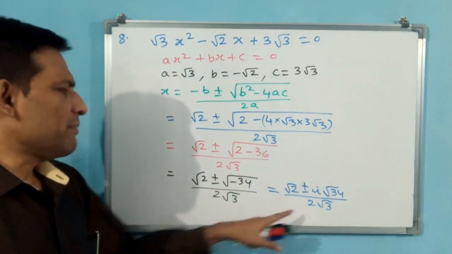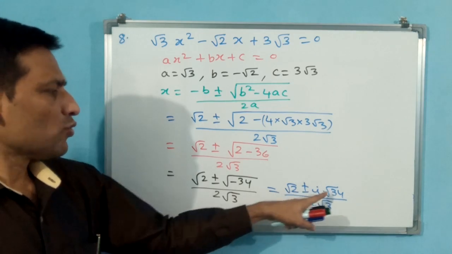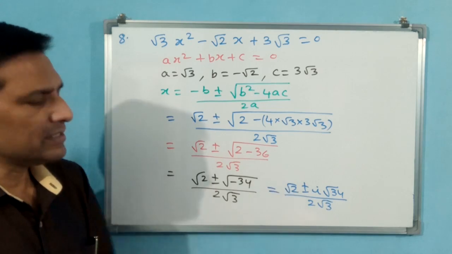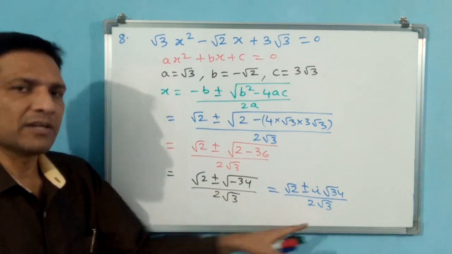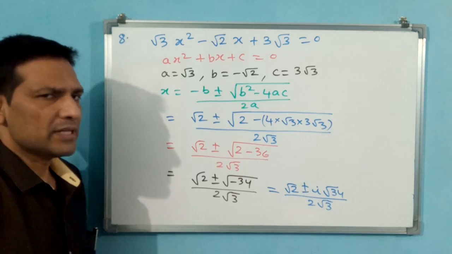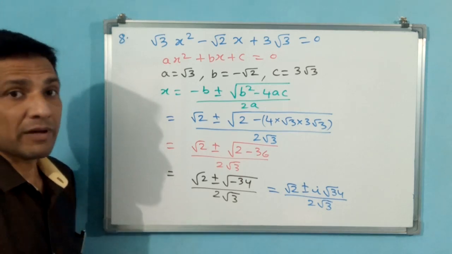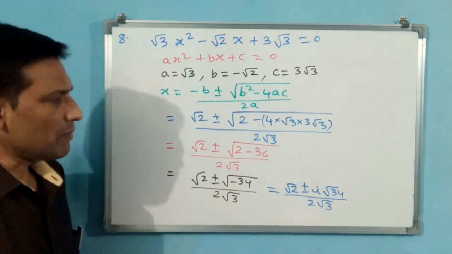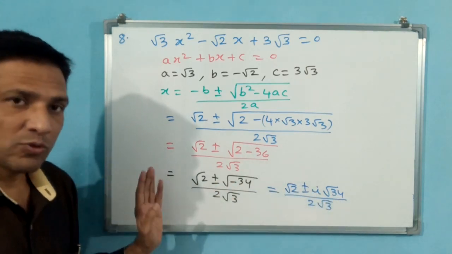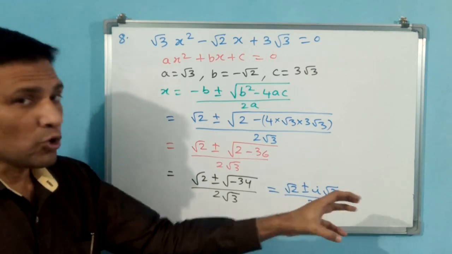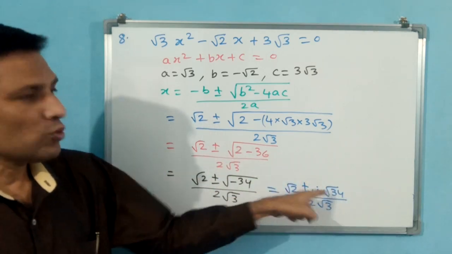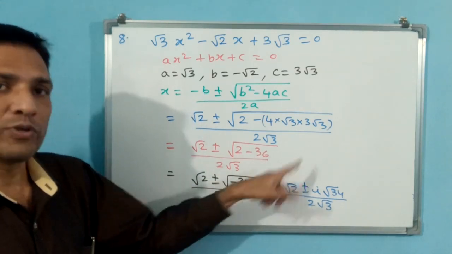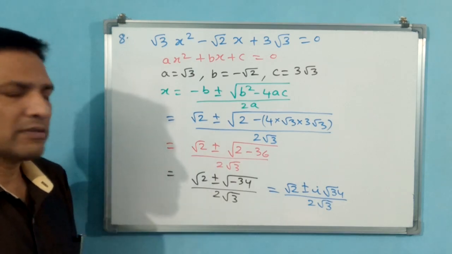Further also you can simplify, but here root 2 you can take common, 2 into 17. Root 2 you can make common and cancel all things you can do, but even if you leave it until now, that is not wrong. You are going to get full marks for the board exam. If an objective type question is there, you have to see how they have made the answer. Why? Because this root 34 you can split into 2 into 17. 2 root 2 you can take out. Root 2 common you can make. Down 2 you can write 2 root 2 into root 2. Root 2 you can cancel. Like this you can do all exercises.